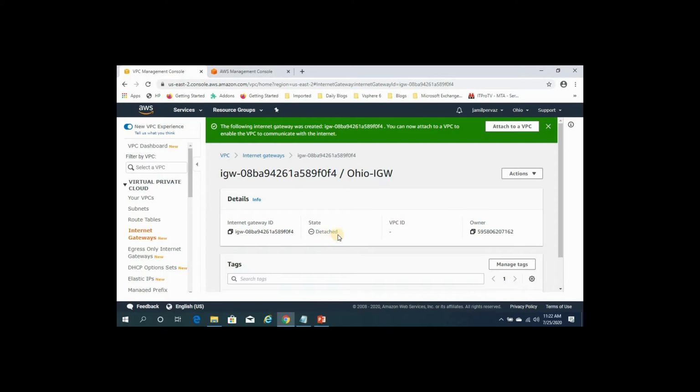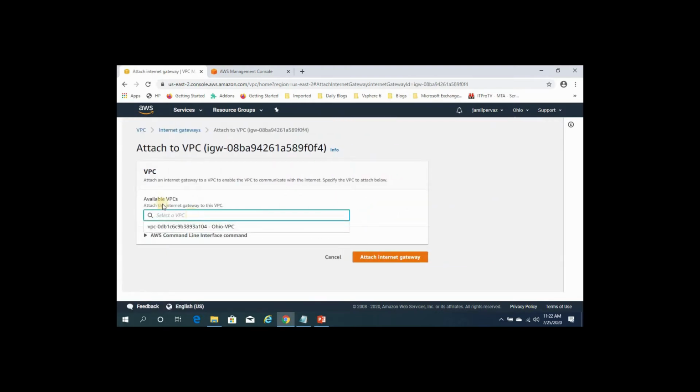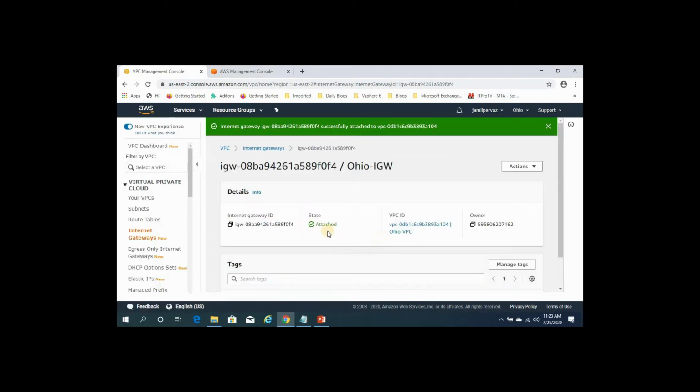So our internet gateway is created, but it's in a detached state. We need to attach it to our Ohio VPC. Click on attach to a VPC, or under the Actions menu you can choose attach to VPC. Under available VPCs, select Ohio VPC, click attach internet gateway. So our Ohio internet gateway is successfully attached to our Ohio VPC.